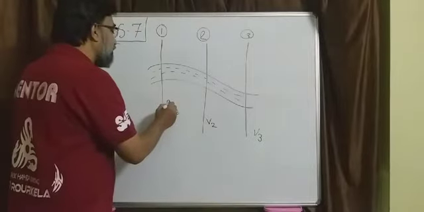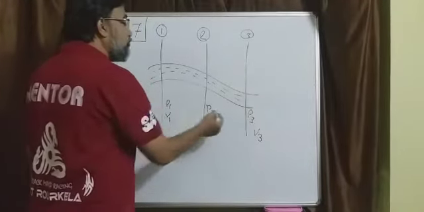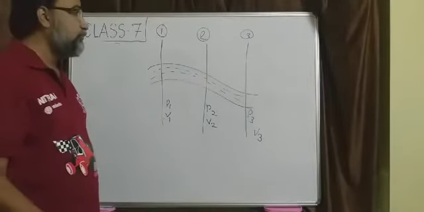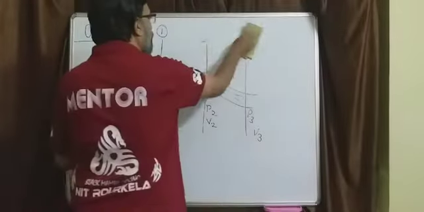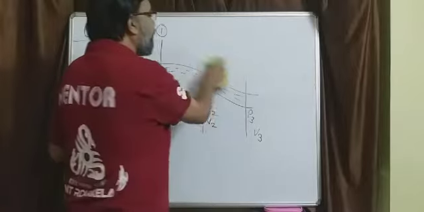Similarly, pressure is changing from location to location, but pressure at a particular location is not changing with respect to time. Then we say that such a flow is called a steady flow. That means steady flow means